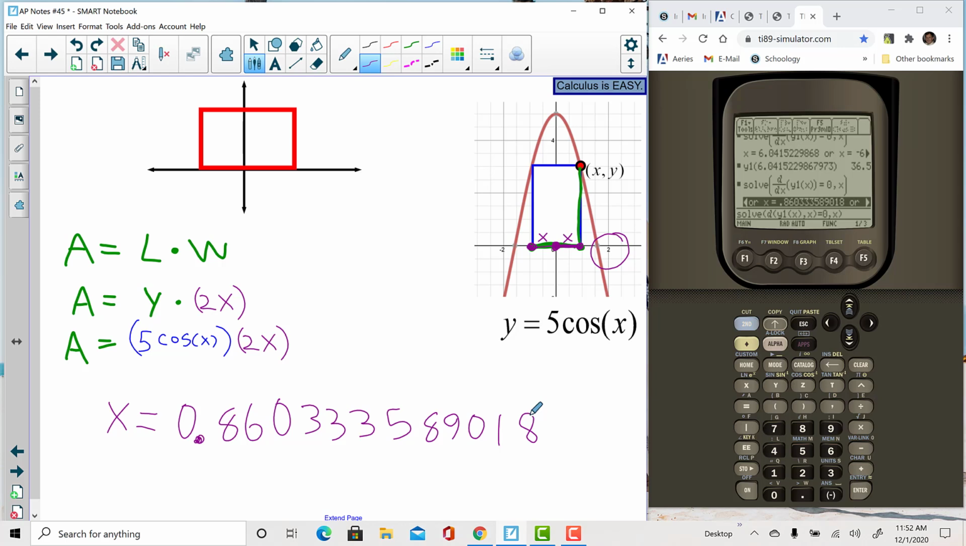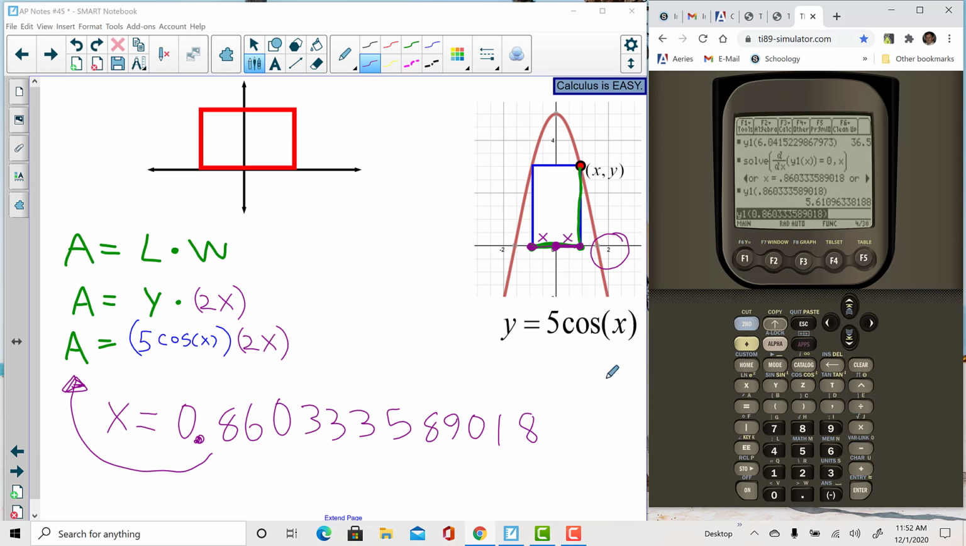You'll notice I typed in all decimals of accuracy possible because I'm going to use this number and plug it back into my area function to find the maximum area. Remember, our area function was in y1, so we can just type into y1 from the home screen. And there we go. That would be our answer. That would be the maximum area,